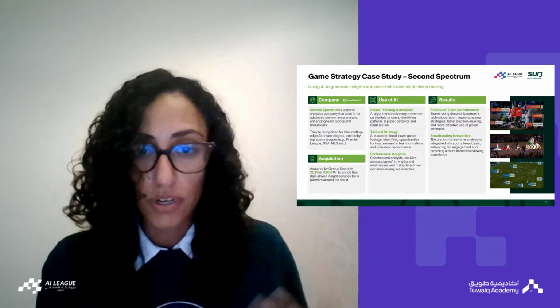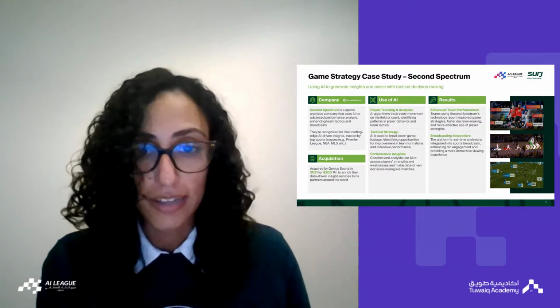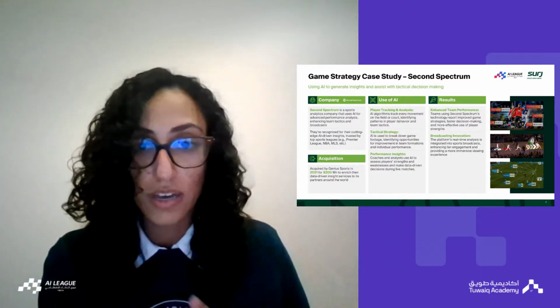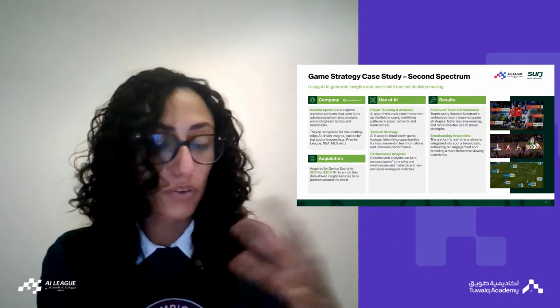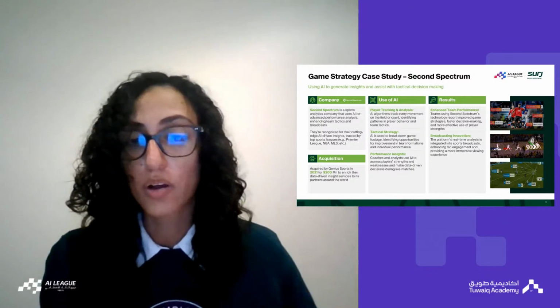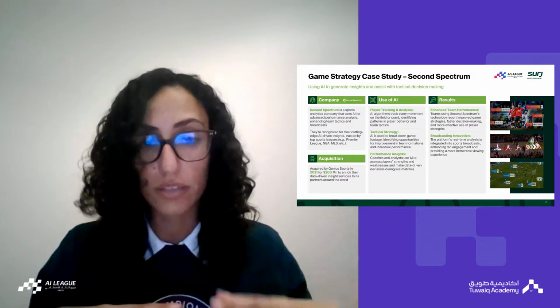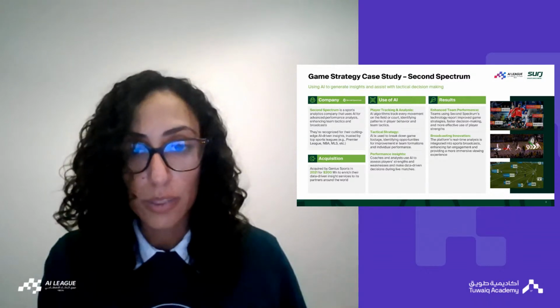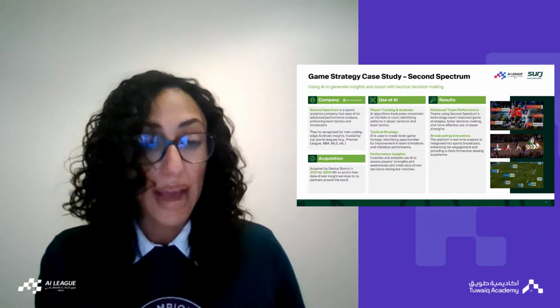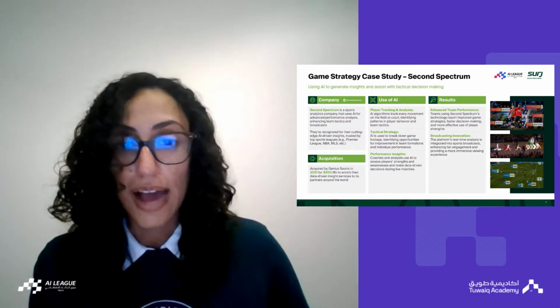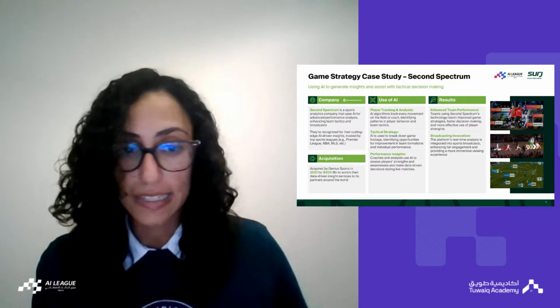Very high level, of course, but player tracking and analysis. So they use AI algorithms to track all the movement on the field or court or whatever playing ground within that sport is available to them, and they match those to patterns of athlete behavior and team tactics.